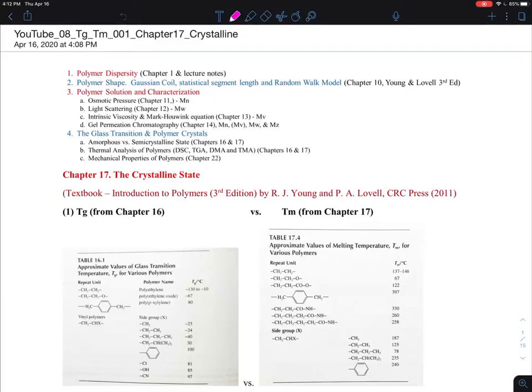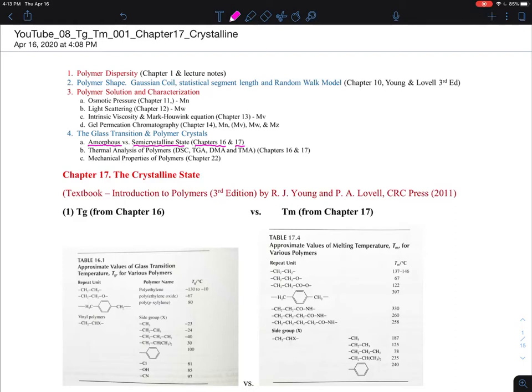Okay, so this is chapter 17, Crystalline State, that I will be focusing on. From the previous section that I was talking about, amorphous polymer, this is about the semicrystalline polymer. This is regarding chapter 16 versus chapter 17. And this is a little bit more expanded section than I usually cover in my previous polymer